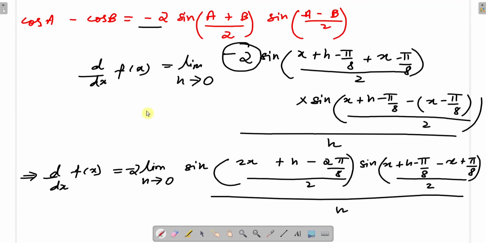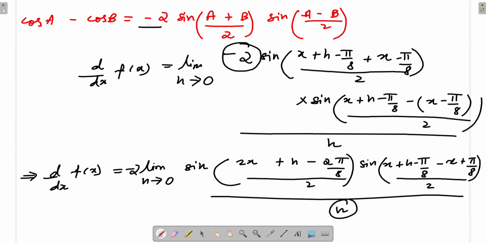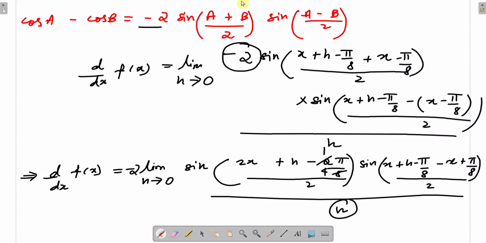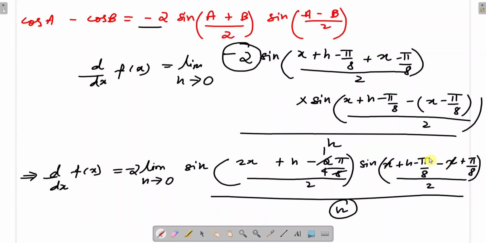So first of all let us simplify it. What we'll get is limit h tends to 0 sine of (2x plus h, and here 2 1s are 2, 2 4s are 8, so minus pi by 4), and then divided by 2, then what we have, sine of, here x and minus x will get cancelled, minus pi by 8 plus pi by 8 will get cancelled, you will get h by 2,